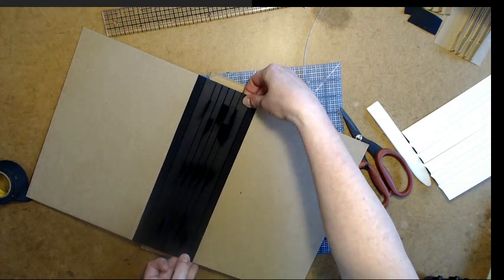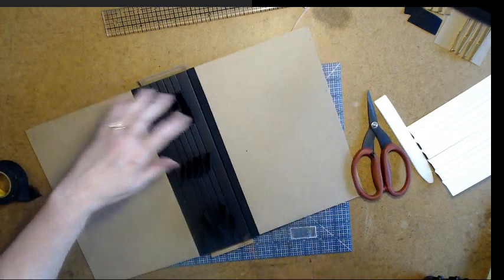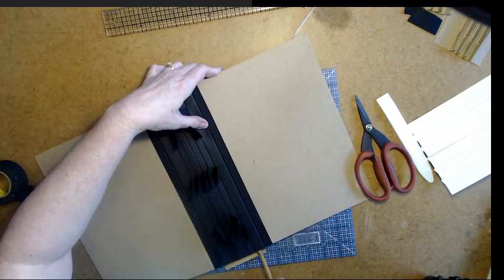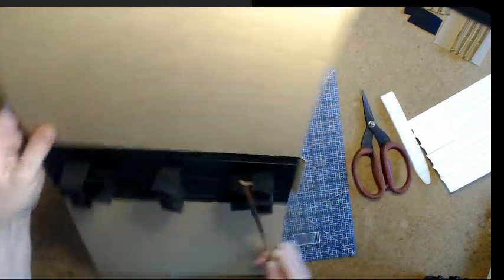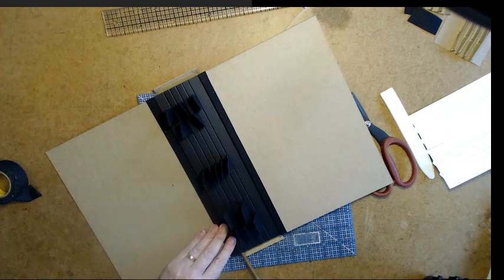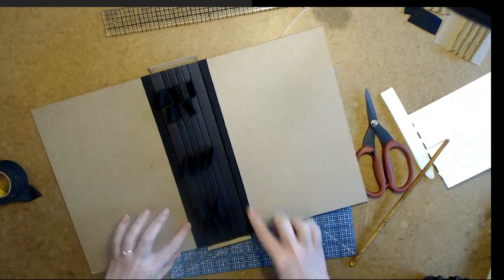So if I get it at each end, and then I take something long and skinny, you can use a knitting needle. I'm using a chopstick to where I can reach inside of there and burnish that along to attach to the side. So that's why I haven't flipped my ends up yet, because I'm attaching that tab on that side. So you want this side to be flush and this side to be flush with our